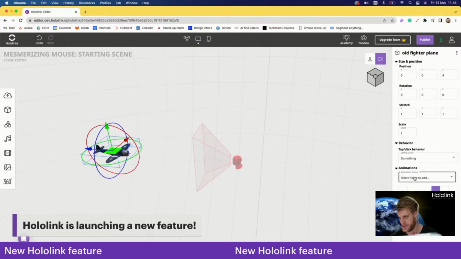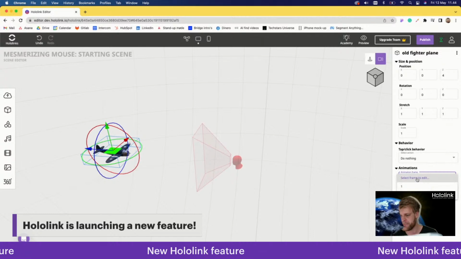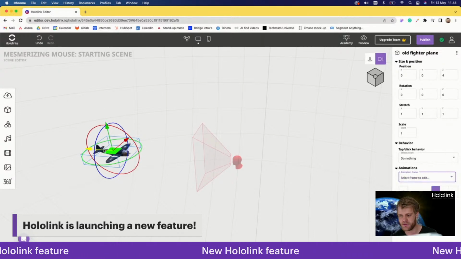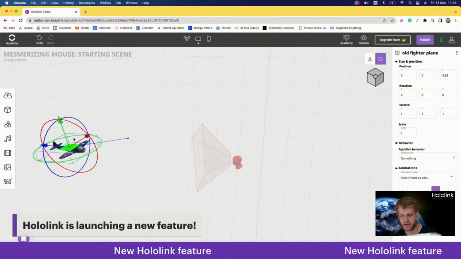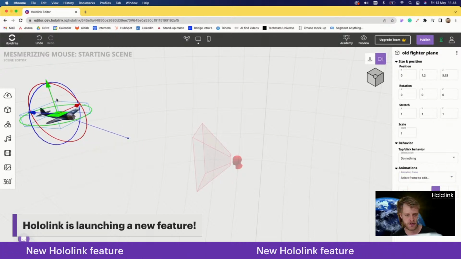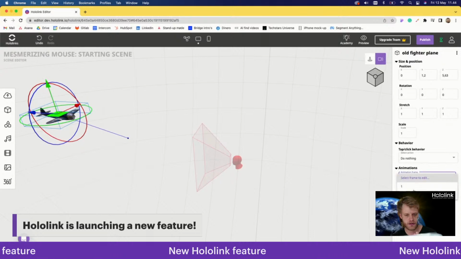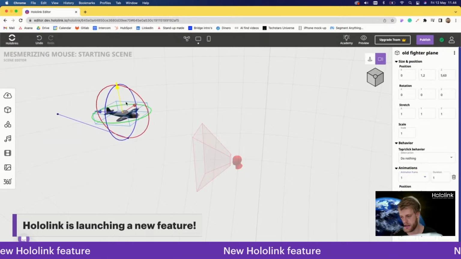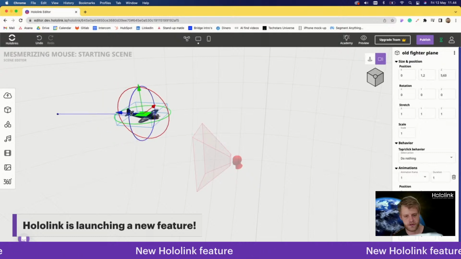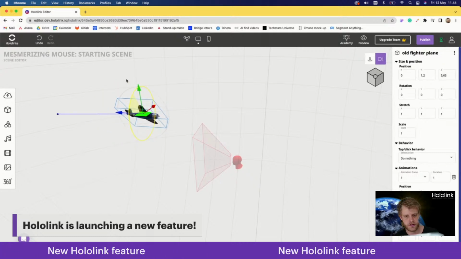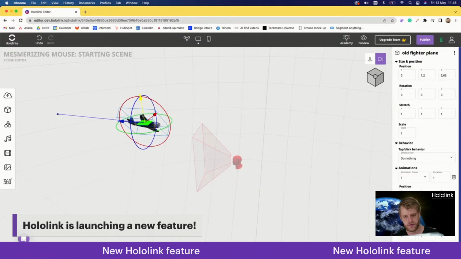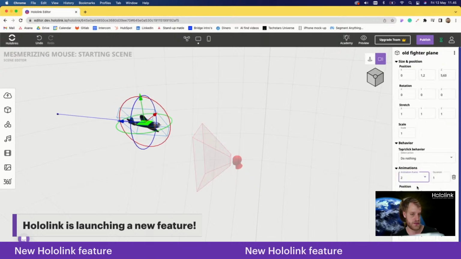Click on it to add an animation, and then I can select which frame I want to edit. So this one is the origin of the 3D model. Let's say that's here, and then I go to frame number 1, and you can see it jumps there, and I can use the gizmo to move around. So it's, at least we think it's quite an intuitive way to create animations, and I can keep on adding